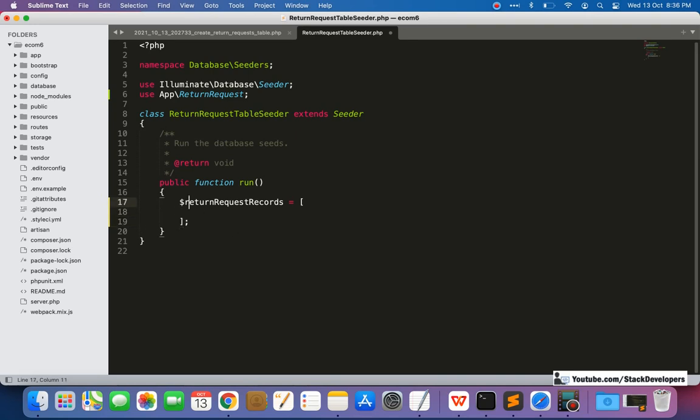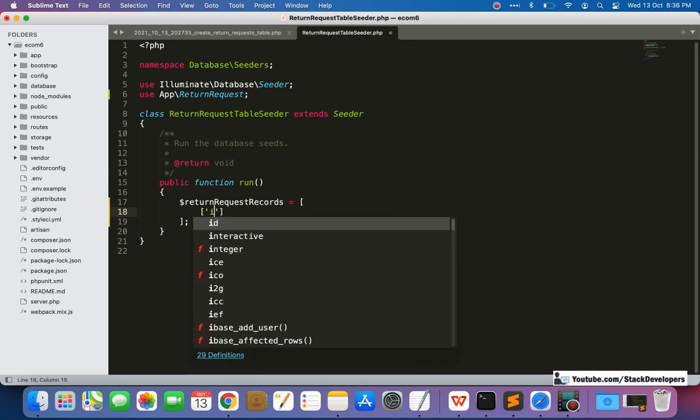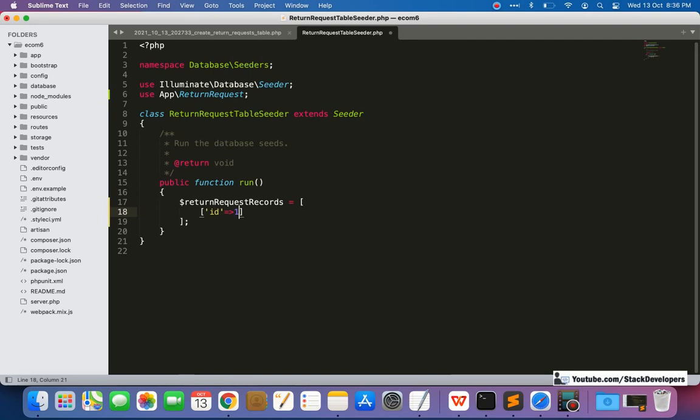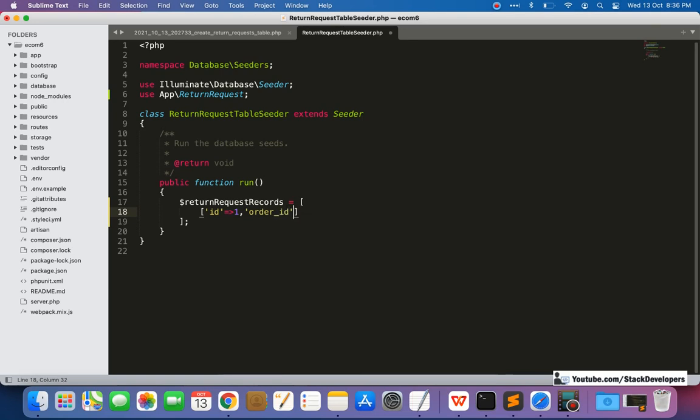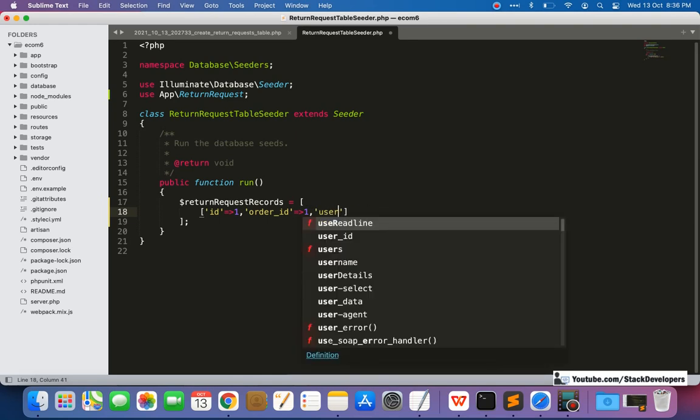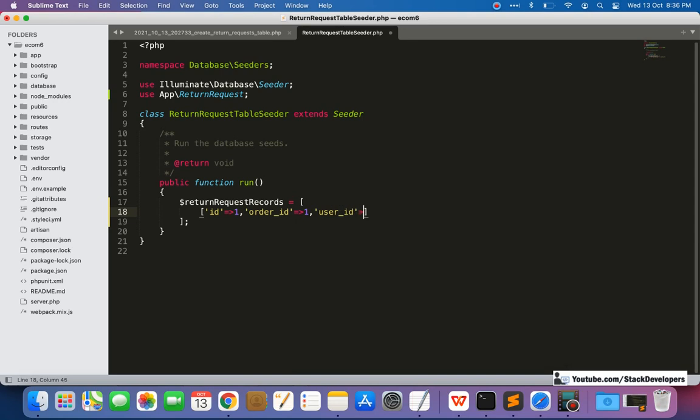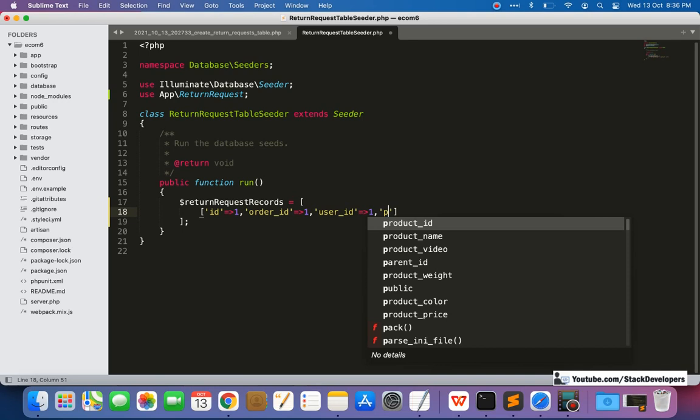I can make it small here like this. So here we are going to add something like ID, order ID, user ID, product ID.